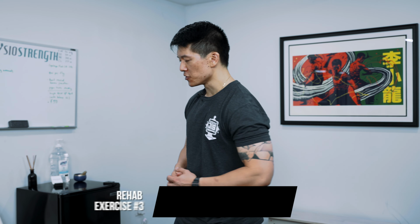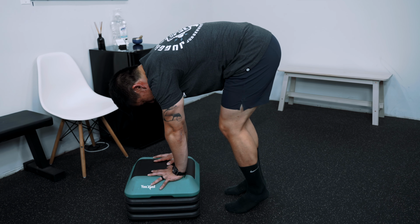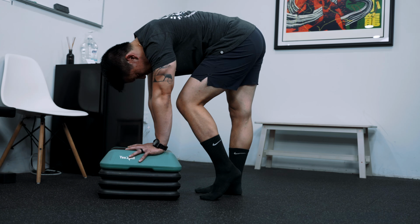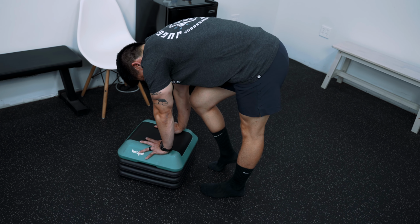So my body remains in this flexed over position, and as I bend and extend my legs, I'm just introducing a little bit of movement into my lumbar spine. This is one way to help increase someone's comfort level with being in a flex position at their lumbar spine. Usually I have them do that for 16 to 20 reps, as in 8 to 10 reps